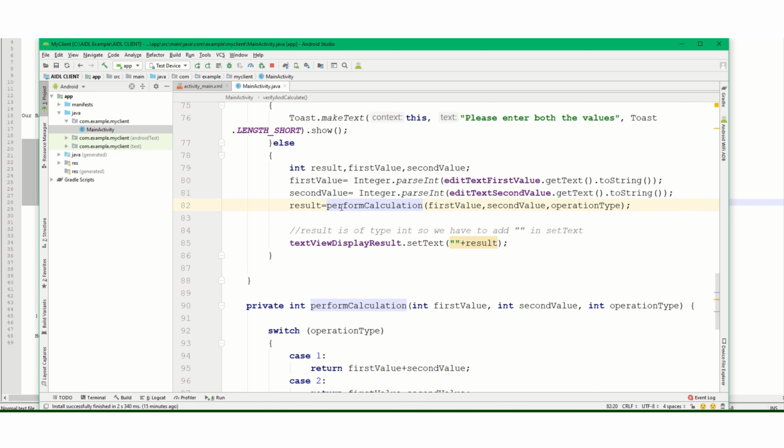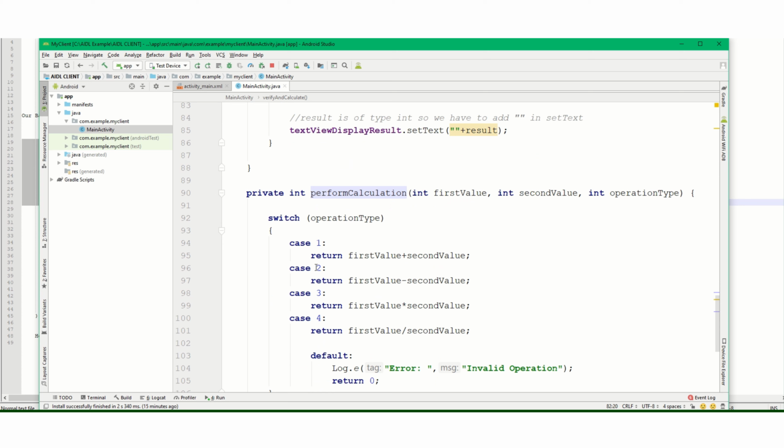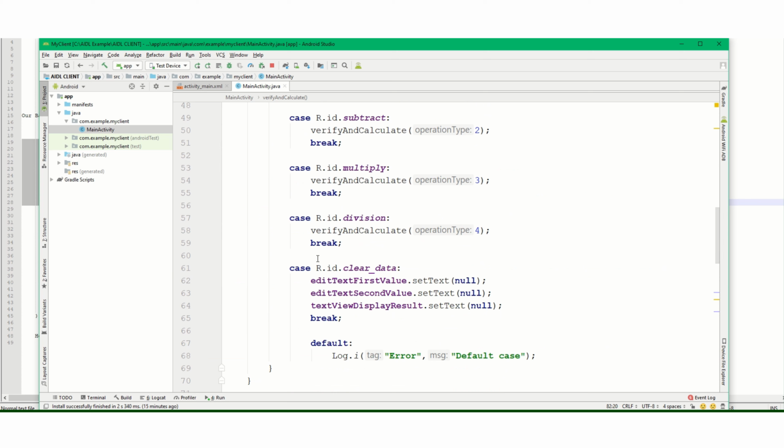So here we will get the addition of both the values in this result field, and we will display it in our set text. Similarly for the others, in case 2 it will subtract, case 3 multiply, case 4 division, and when we click on clear data, it will set all our text to none.